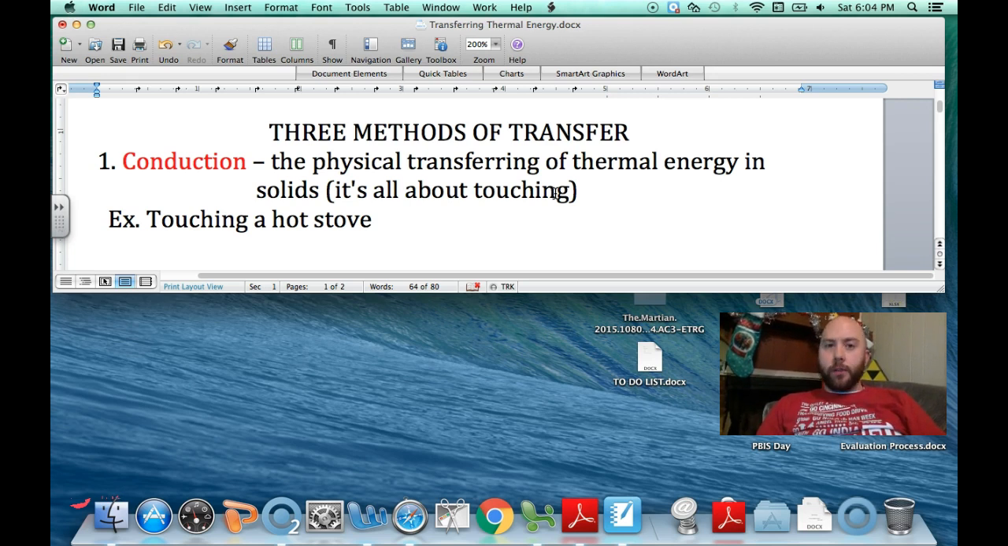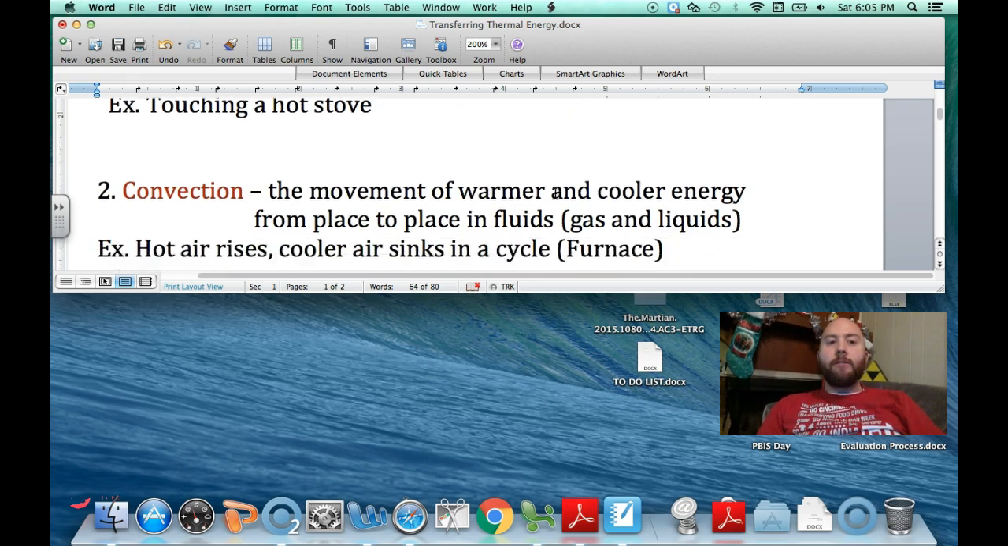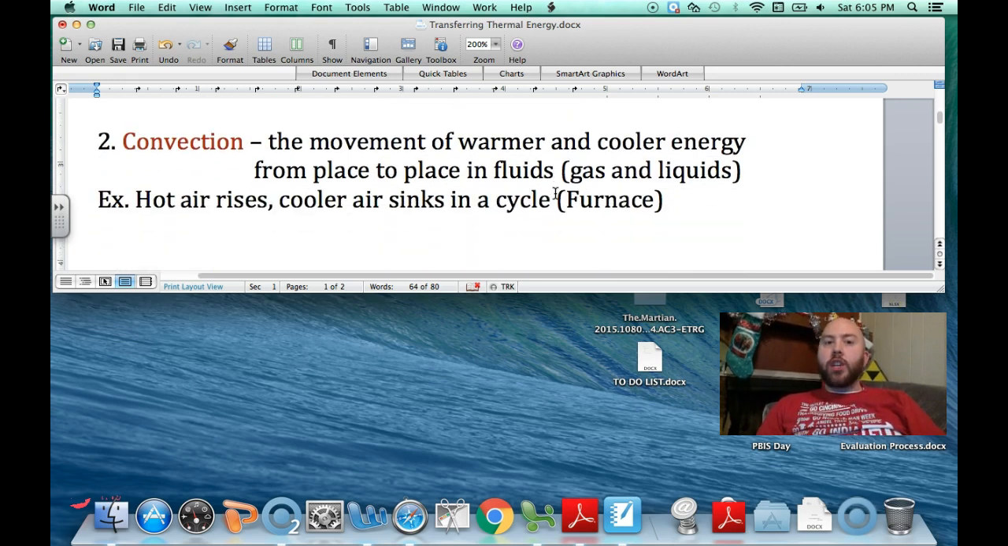Another way to transfer thermal energy is through another C word called convection. Convection is the movement of warmer and cooler energy from place to place in fluids. A fluid can be a gas or a liquid. So for example, hot air rises and cooler air sinks in a cycle, and it just moves in a cycle,